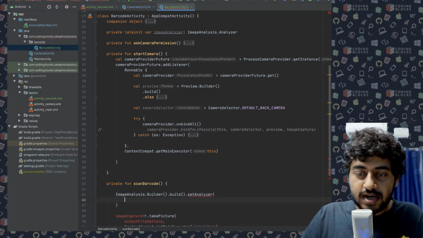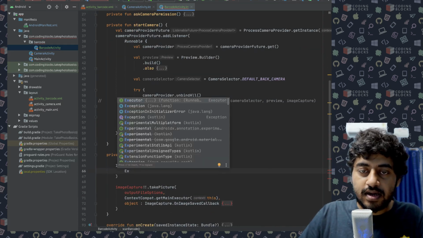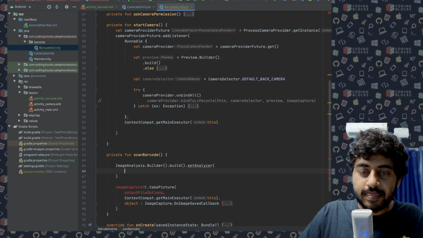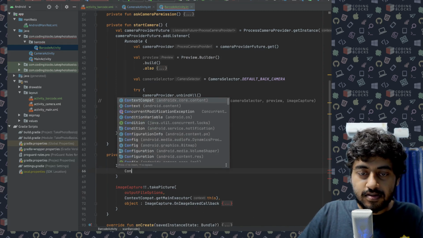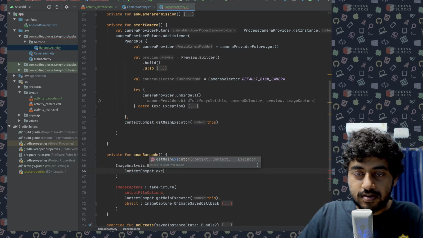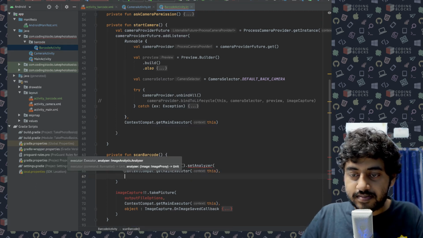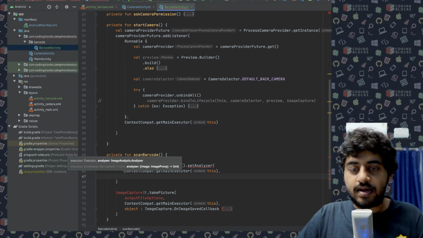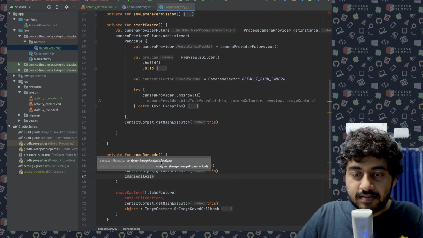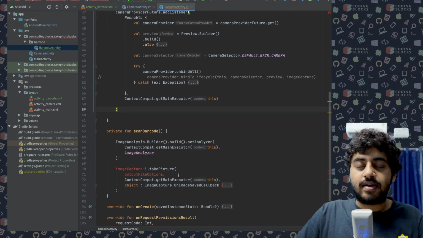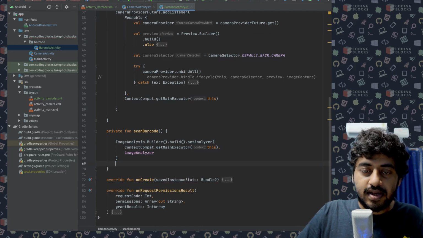Okay, so in setAnalyzer, I have to pass an executor. Again, I will have to pass ContextCompat dot getMainExecutor, and second I need an image analyzer. So I can pass an image analyzer here like this. That's something that I can do. So it will start the analyzer.